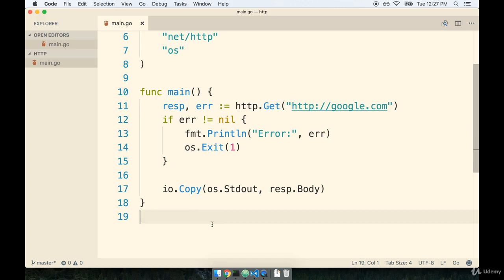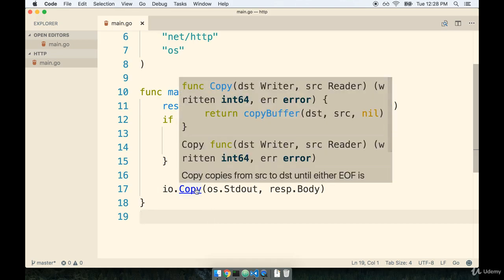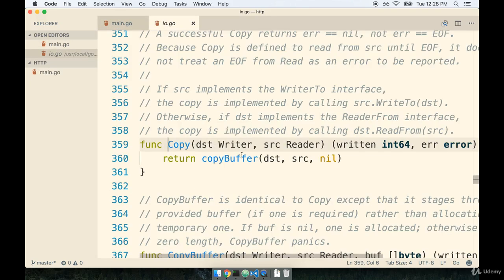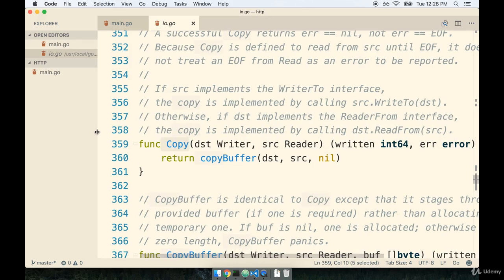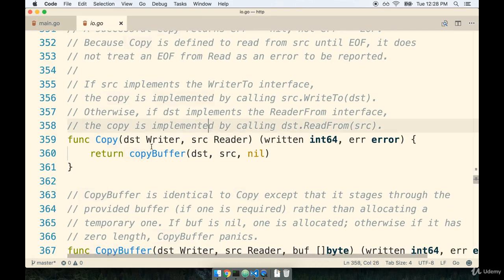So I'm going to hold down the Command key on my keyboard. Remember, I'm on OS X, so if you're on Windows, I think it might be Control. And when I hold down Command, I can now hover over copy, and you can see that it turns into a little bit of a link here. So I'm going to click on copy, and that opens up the io package. So this is the actual source code of the copy function. So I'm going to condense this side thing over here, and we're going to look at what the copy function